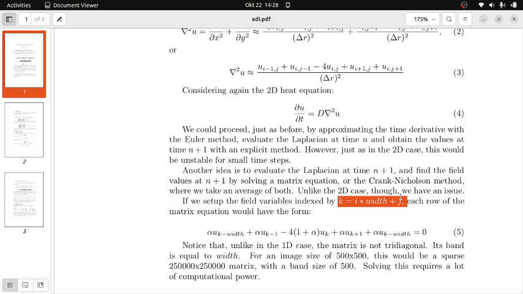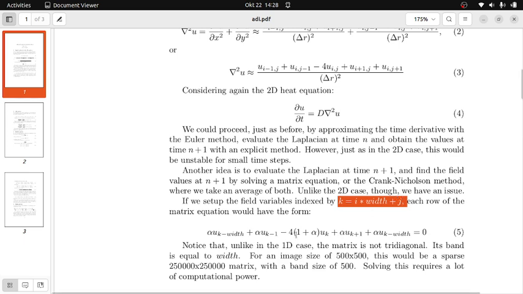With this notation, in the case of the Lena picture that has 512 pixels by 512 pixels, we would have around 500 times 500 variables, and then a matrix equation, the dimension would be 250,000 by 250,000, and it would